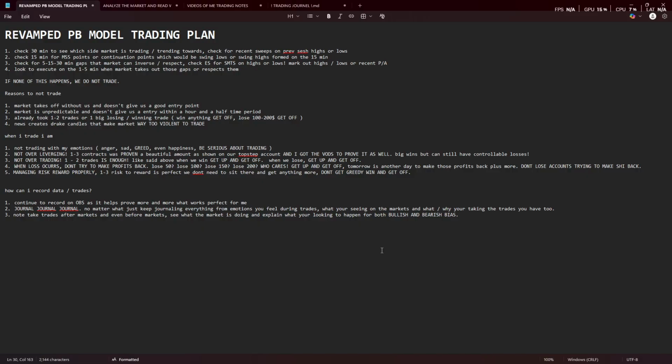And then I want to see what the market is doing and explain what you're looking to happen for both a bullish and bearish bias. I'm not going to sit there and just build a one-sided bias because at the end of the day, market has two sides, bearish and bullish. If market is going bullish, obviously I want to have a bullish bias, but I want to say, hey, if this happens going to bearish side, then I'm not going to sit there and marry a bullish bias. I'm going to switch my bias. So, with that being said, obviously I can add a lot more to this, but